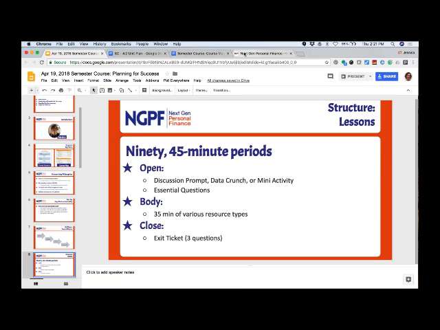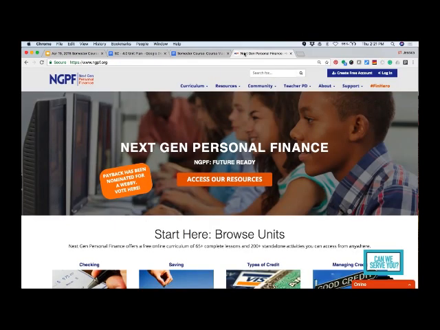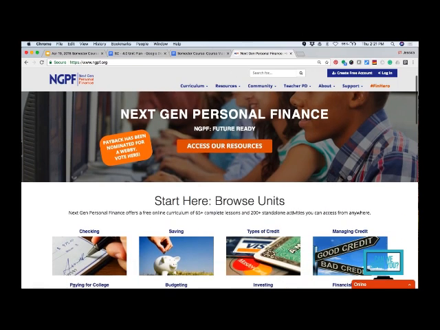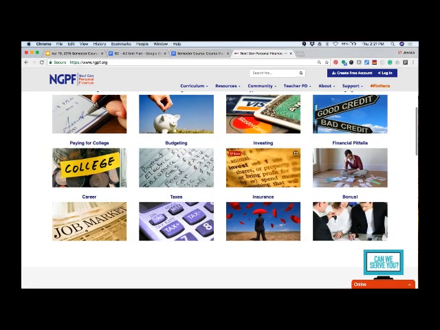And the other thing I would recommend is, say you're teaching investing in the semester course and you feel like you need even more material. What I would recommend is, when you're on our website, if you click investing as a topic from the home screen,